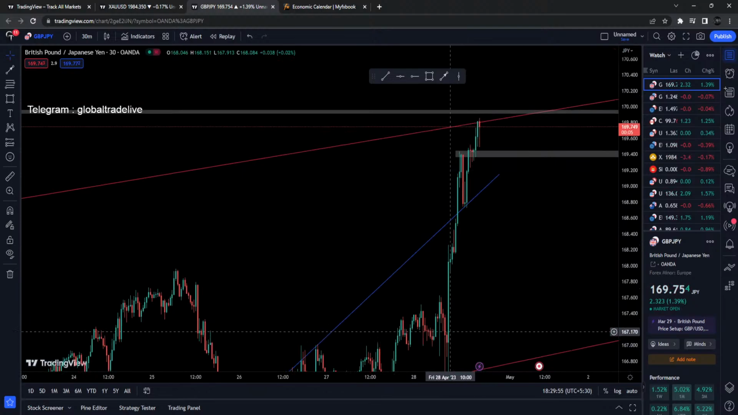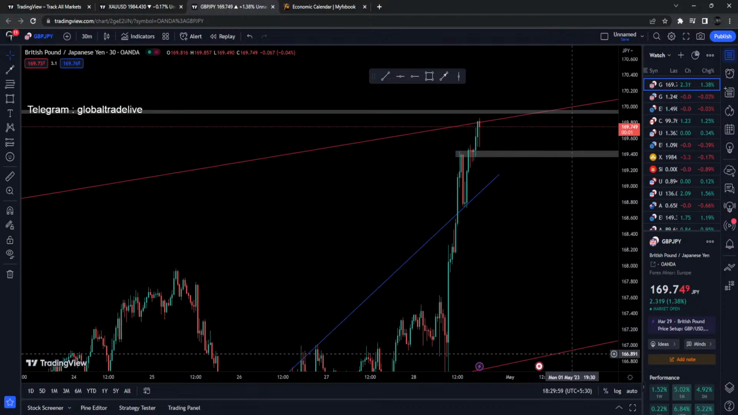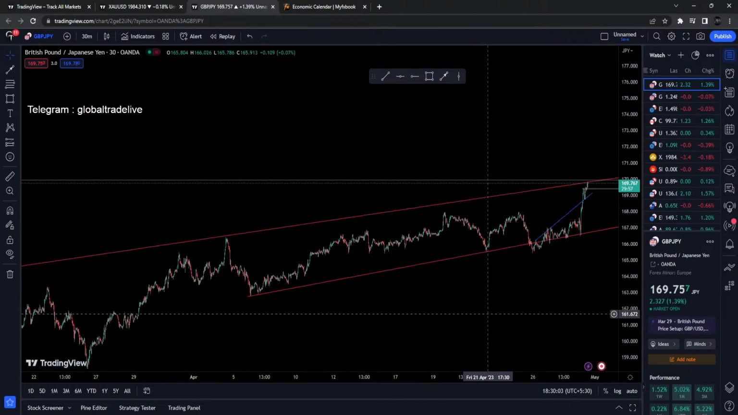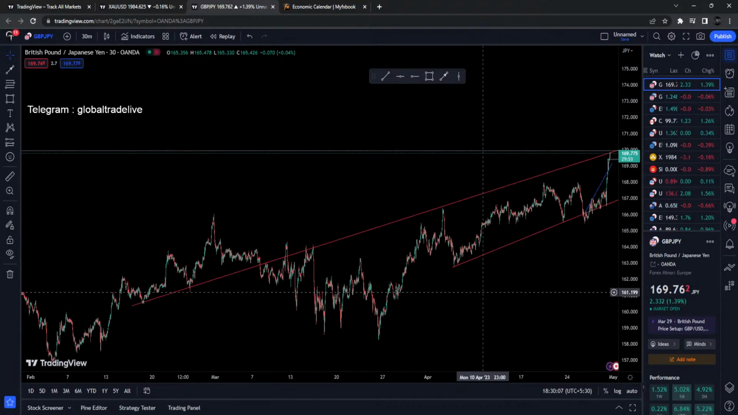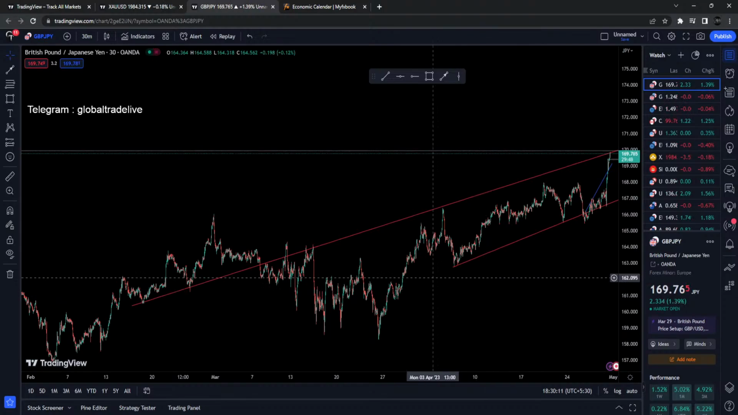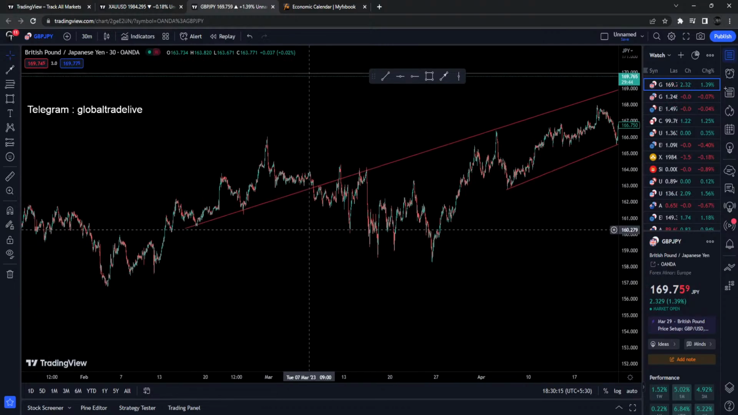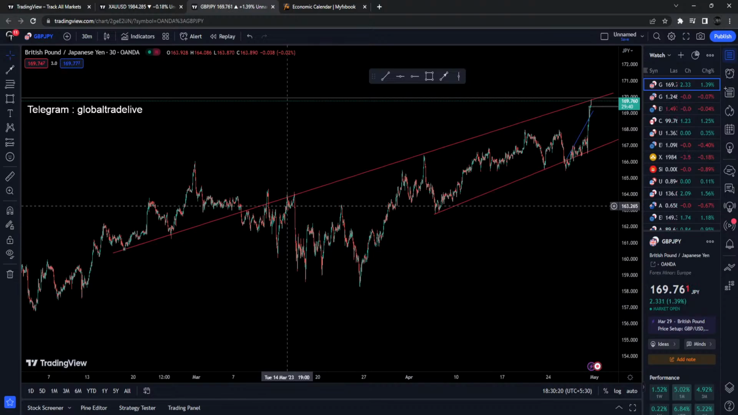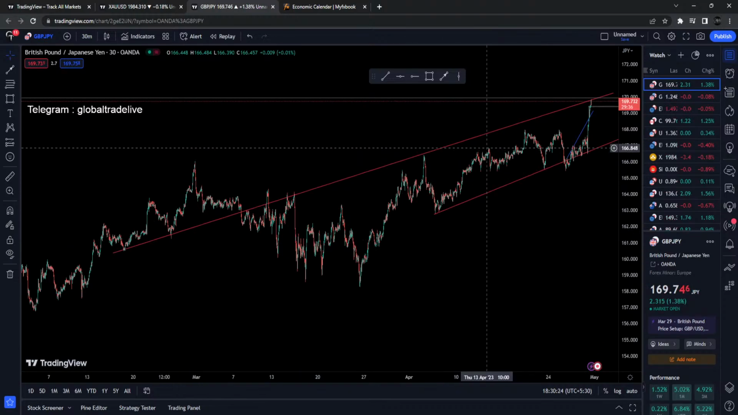Because if this move has happened, then I think it will be corrected by going down. So let's just find out the symmetry over here as well. Okay, we have this thing common, then we have something like this, then we have